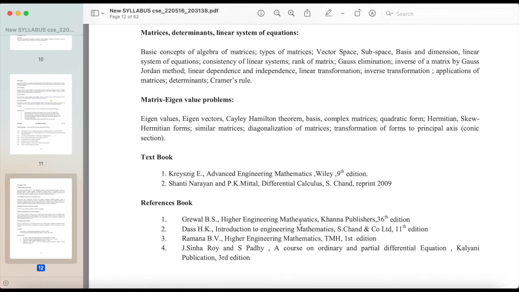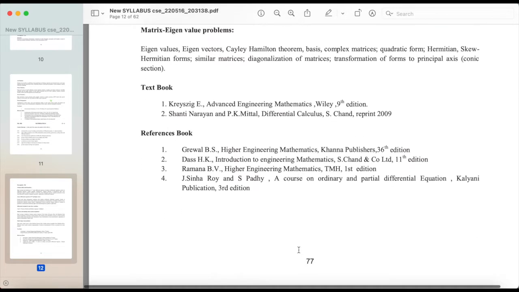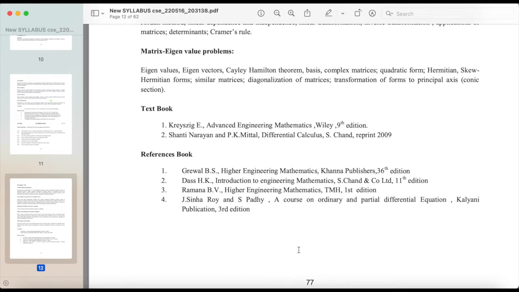complex matrices, quadratic form, Hermitian, skew-Hermitian forms, similar matrices, diagonalization of matrices, transformation of forms to principal axis, conic section,